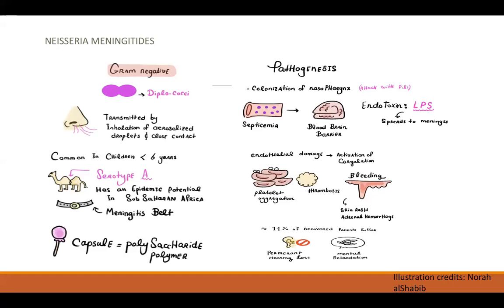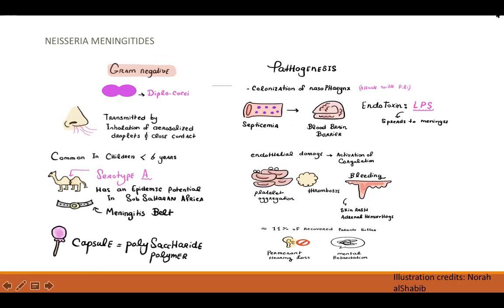Okay? It has many serotypes. أهمها في A و B و C و Y I guess, but أهمها serotype A. السيروتايب A ليش مهم؟ لأن it has an epidemic potential باللي يسمونه meningitis belt. Okay? So it can cause epidemics. The others cause epidemics but in areas of close contact such as مثلا موسم الحج. طيب